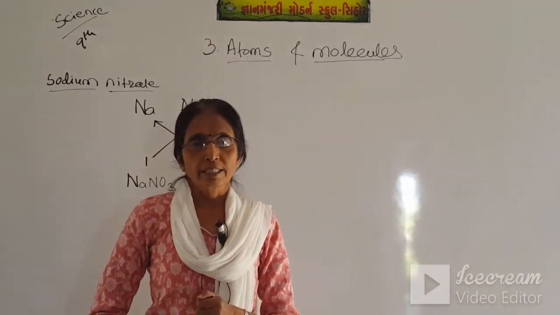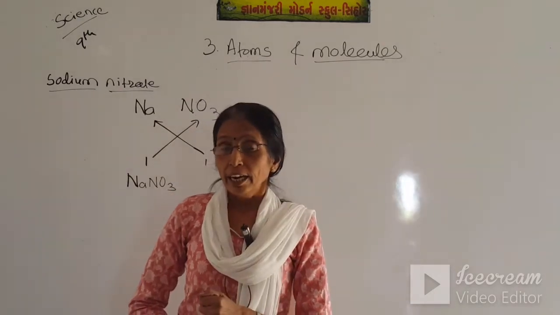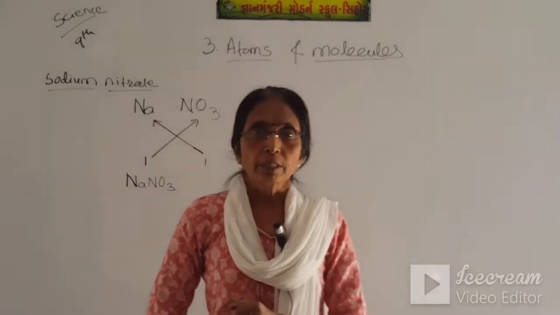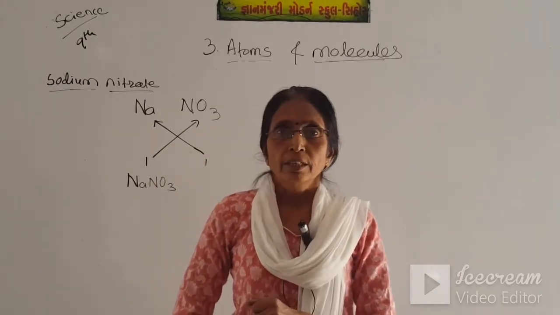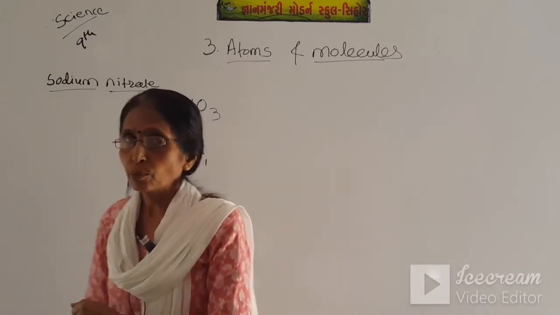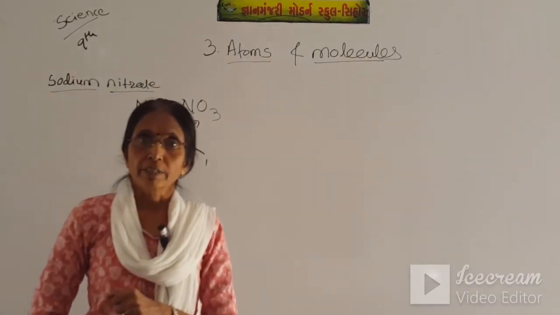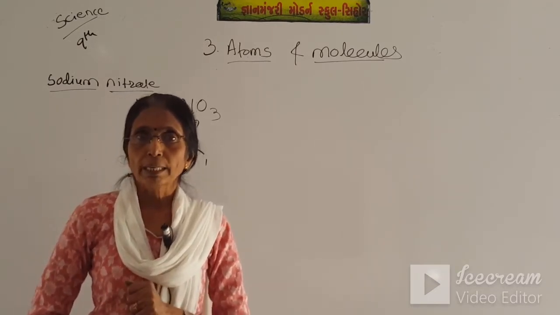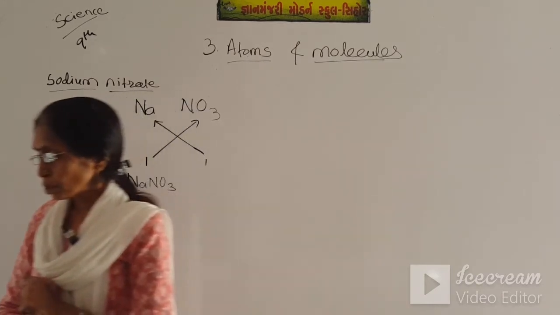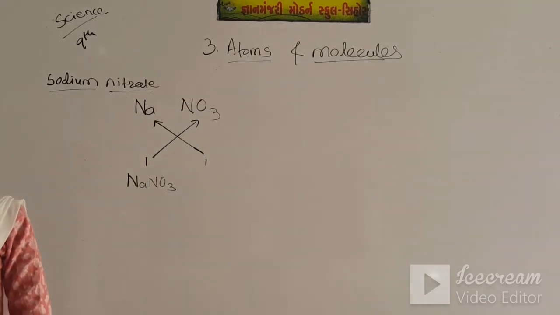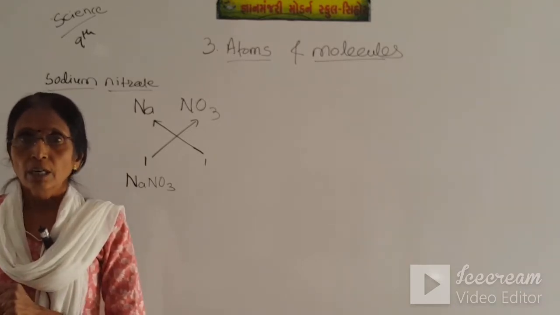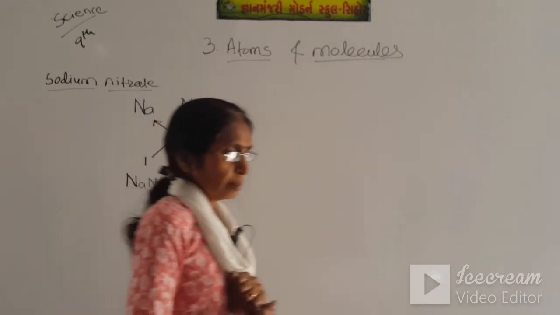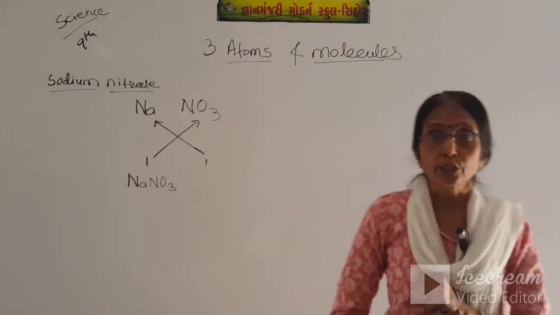Our subject is Science for Standard 9th and our current chapter is chapter number 3, Atoms and Molecules. Students, in this chapter, in the last period, we were discussing how to write the molecular formula of any given substance. Here in writing the molecular formula, the valencies are exchanged. We have seen so many examples, and you have written those examples in your homework. Now we will write two examples of a polyatomic ion.